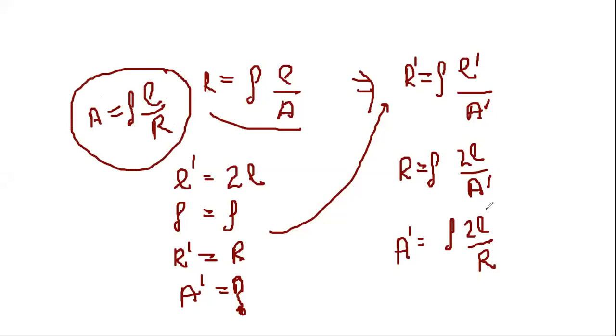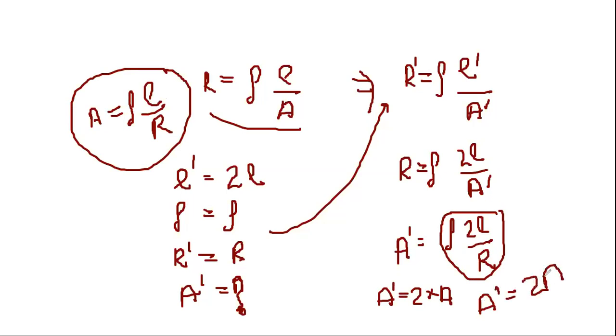सो डियर स्टूडेंट, हम rho L upon R की जगह पे A को substitute कर सकते हैं, yes or no? सो ये 2 क्या बनेगा, इसका बनेगा A dash is equal to 2 multiplied by A. Why A? Because A is equal to rho L upon R. So हम क्या बताएंगे, our new area is equal to double the area of cross section of the first wire. Is it clear? I hope it's clear to you.